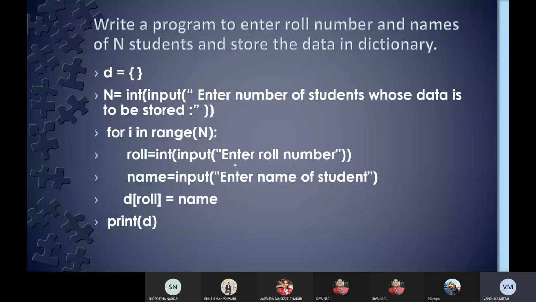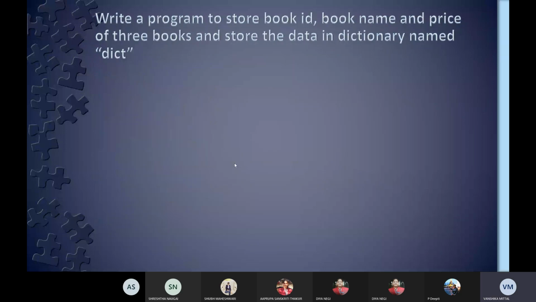We'll see this in Python as well, but before that I have one more question. Same type of question, just here we have to take 3 inputs. So now we'll see what we can do to take 3 inputs, because in a dictionary we have only 2 things, that is a key and a value. So how can we accommodate 3 things for a specific person in those key value pairs? We'll see that over here.